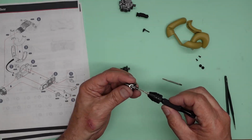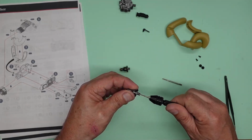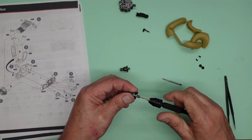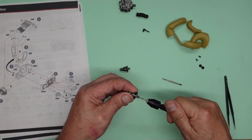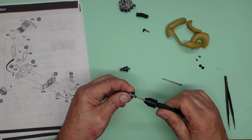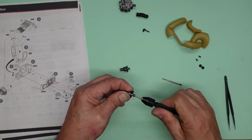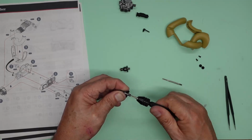So I'm going to start off, make sure it's nice and square, and just go half a turn, click back, and then one turn, back half, one turn, back half, one turn, back half. And the reason we're doing this, as I've explained so many times before, is we're breaking up the swarf. If you just keep going,